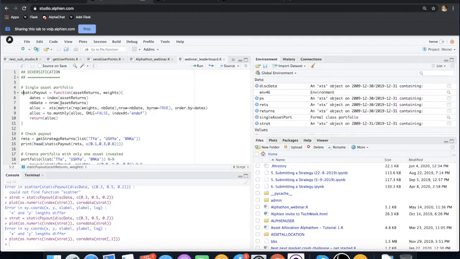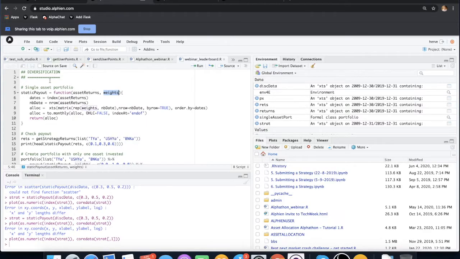What I call static is just that we're going to assign a set of weights to each underlying, and then we're going to keep them constant in time. You should now be all familiar with how you build a payout for a portfolio. It's taking asset returns as input, and here I have another parameter called weight, which is going to be static, as we will see in a minute.